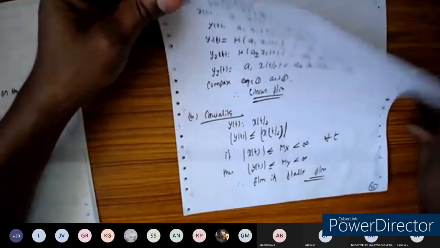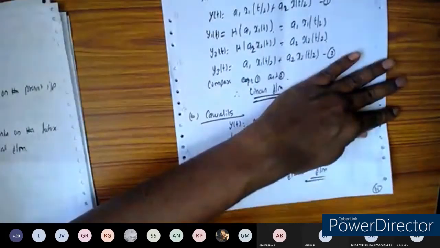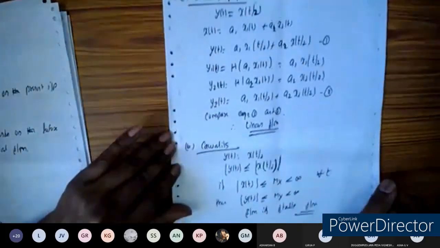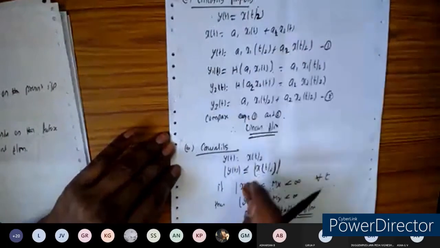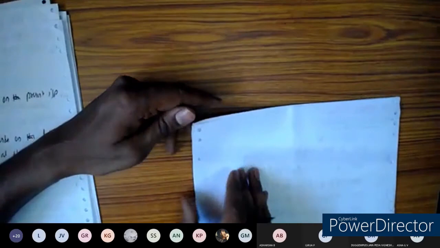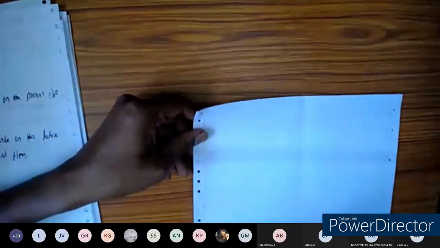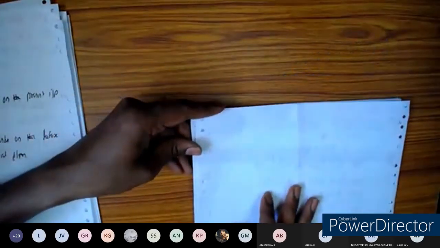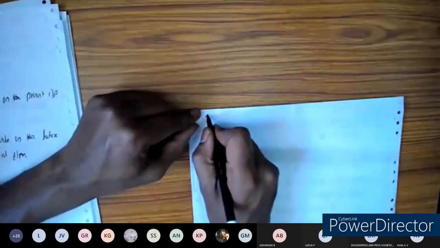Done everyone, right? So next, I'm going to take the special cases. The remaining properties I'll leave for you so that you can do them. That way I can save time and solve a many varieties of problems of particular properties of interest. So the remaining properties you can do by yourself.